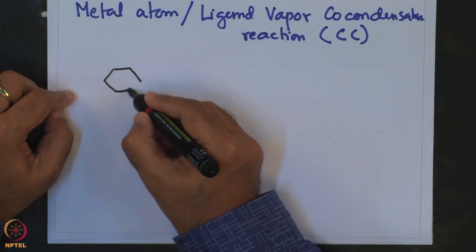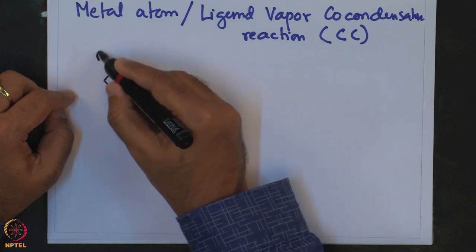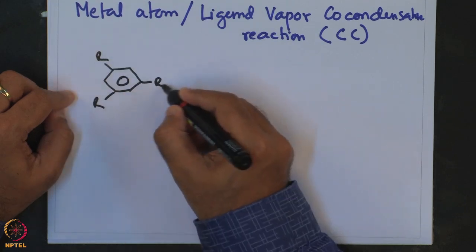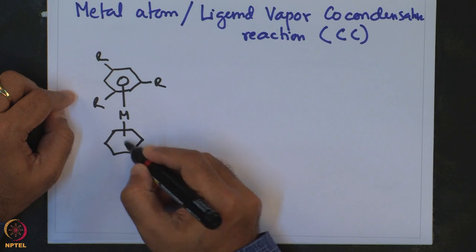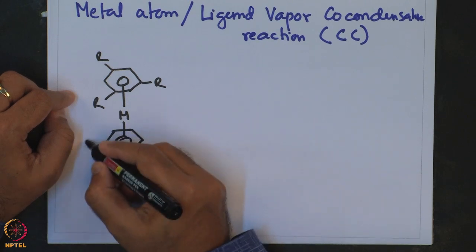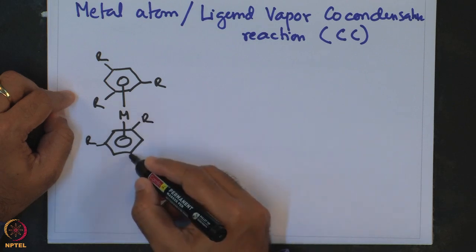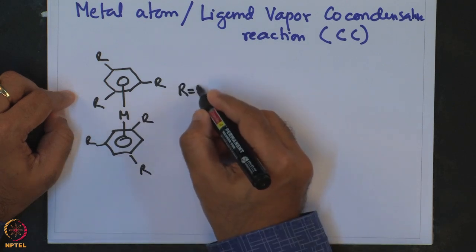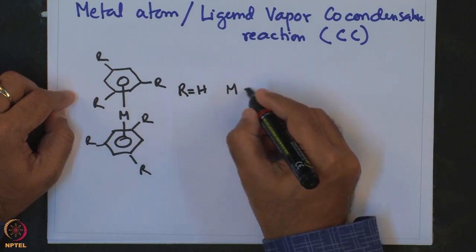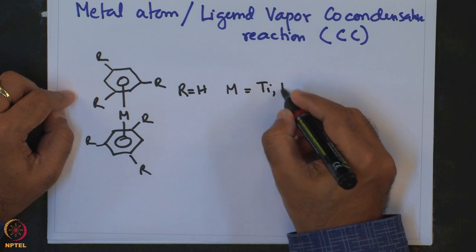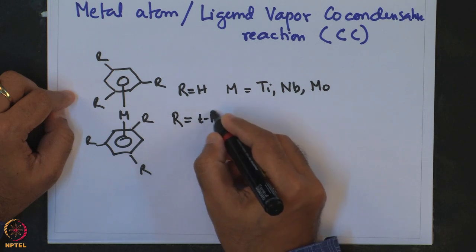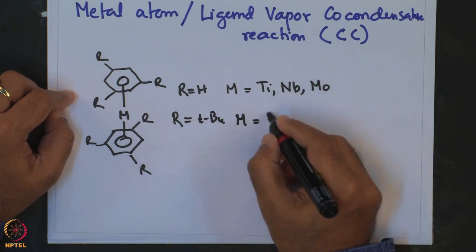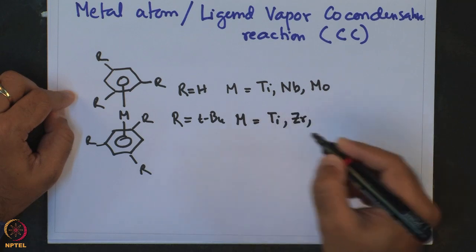So, for example, complexes like this: R equals hydrogen, then metal equals titanium, niobium, molybdenum, and R equals t-butyl, then metal equals titanium, zirconium,